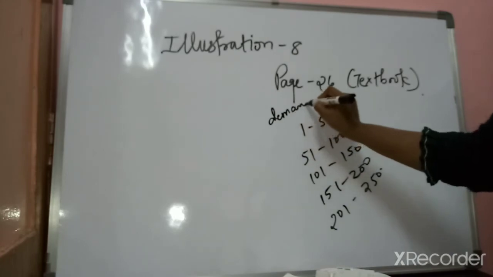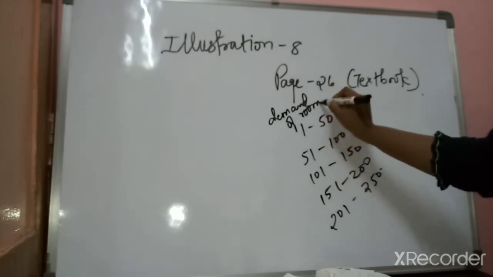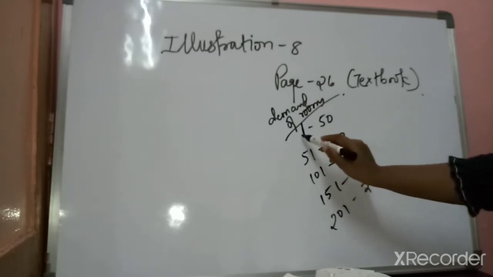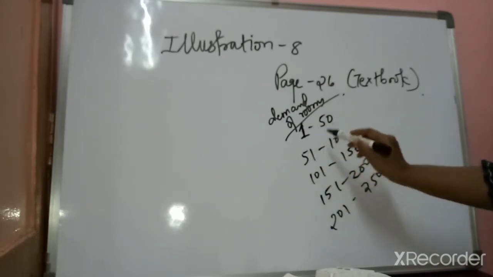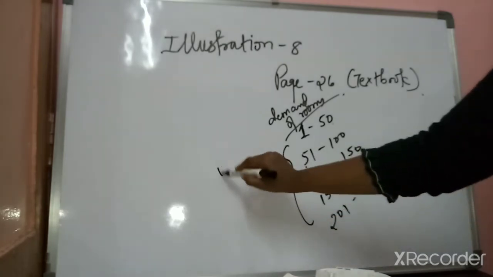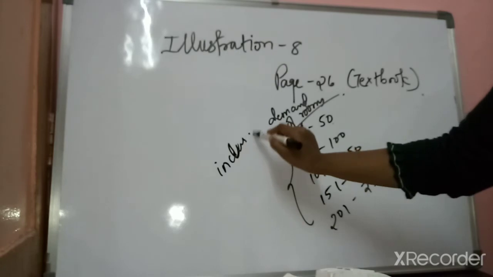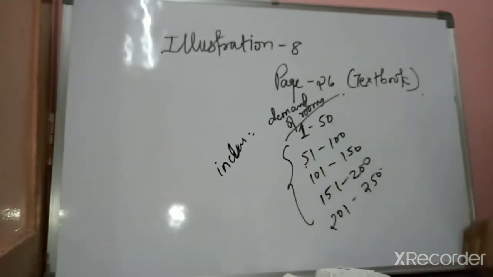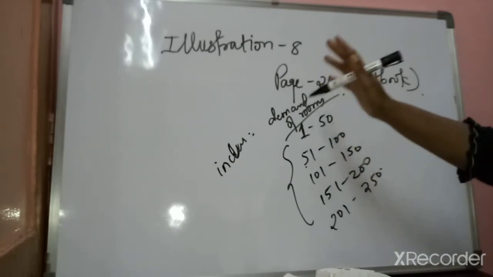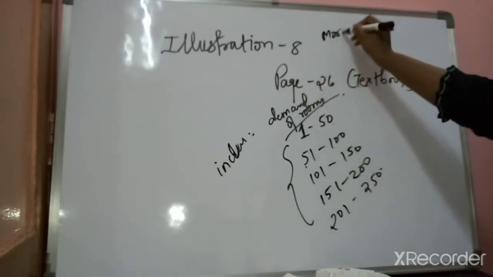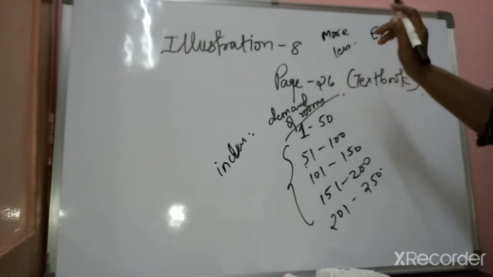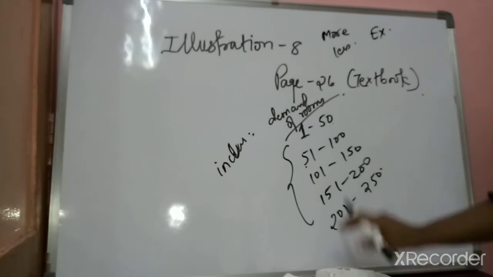Now you can see the lower boundary point is 1 and the upper boundary is 50, then we have 51. So this is the concept of inclusive frequency. An inclusive continuous frequency distribution has been given to you. For finding the more than type and the less than type, you have to convert it into an exclusive frequency distribution.